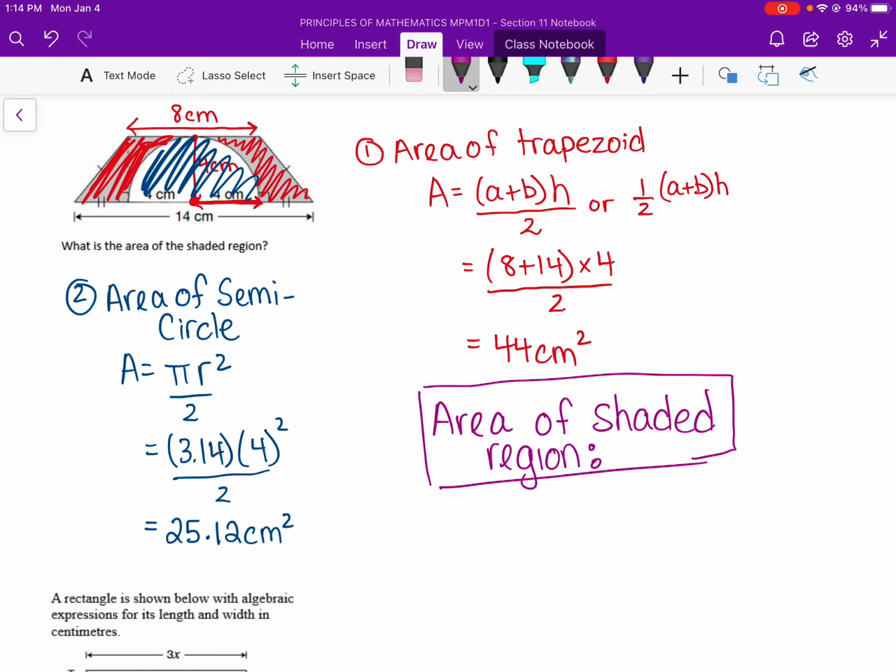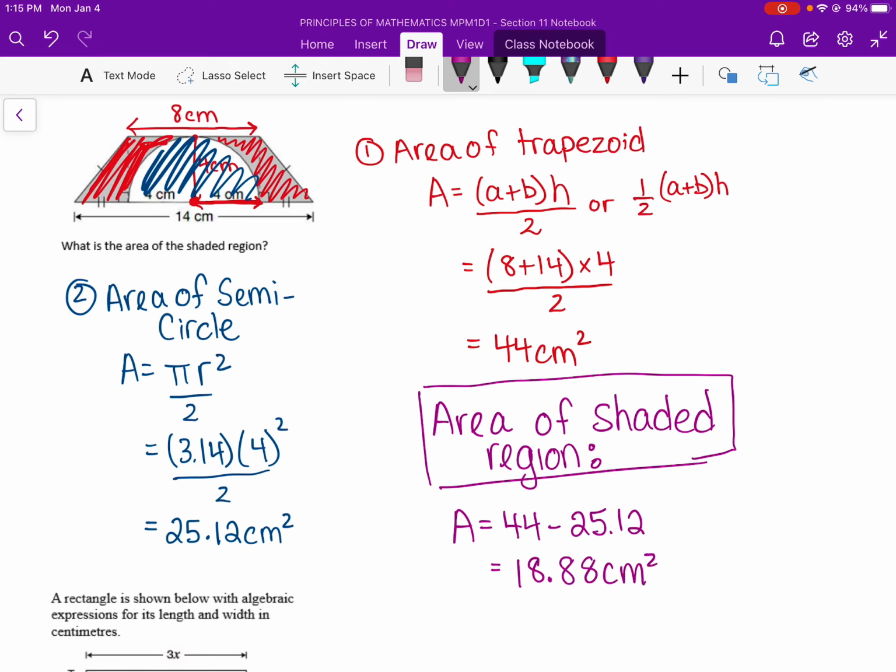Nice. So let's take the area of the trapezoid, 44. Subtract it by the area of the semicircle, 25.12. And that will give us the area of the shaded. So 18.88